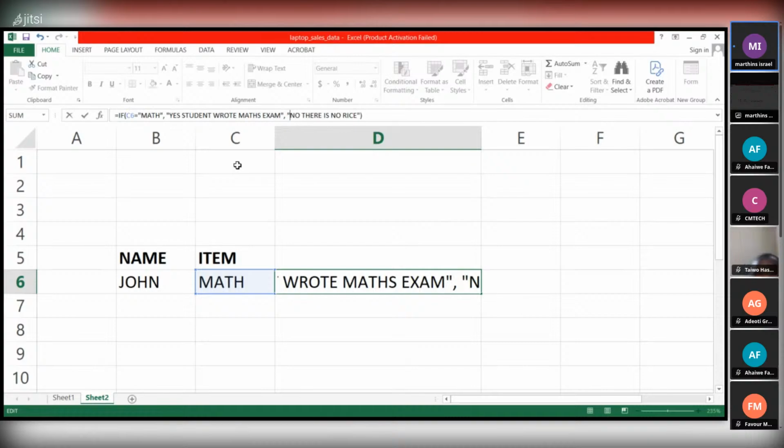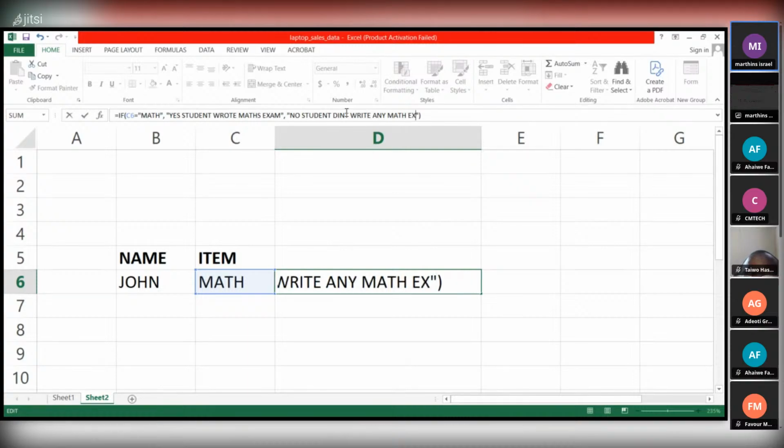Or no, comma, returns the false value, which is if there is no math, if the student has written English on that day, return no, student did not write math. So this can just be anything, any command you want to give it. No, student did not write any math